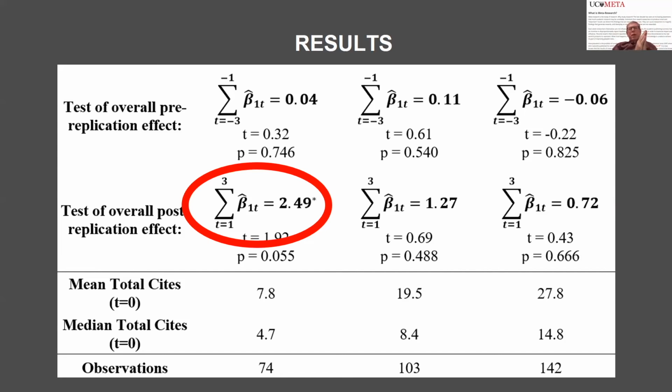And we find that over that 3-year post-treatment period, studies that received a negative replication got 2.5 more citations than studies that got a positive or mixed